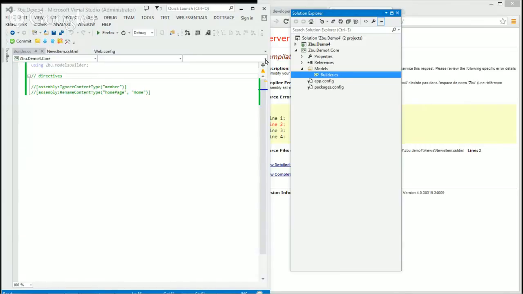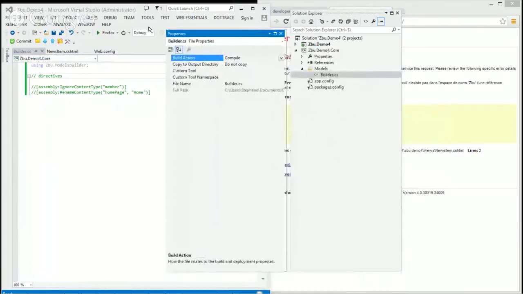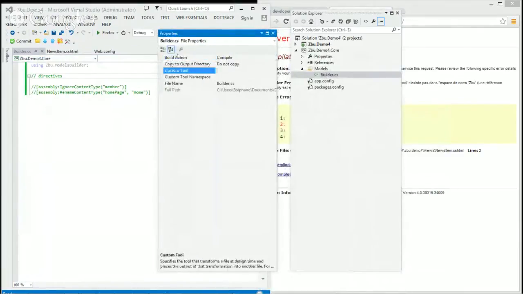It doesn't really matter. What's important is you go to edit the properties of the file. Okay. There it is. And this is a standard Visual Studio thing. You can see that you can set a custom tool, which is basically telling Visual Studio, when you save the file, run the tool. Okay. It's what Visual Studio uses to run the T4 templates, or when you have a .less file and it generates a .css file underneath, it's a custom tool, so it's used for a lot of things by Visual Studio. And I'm going to say that my custom tool is that one, the Models Builder custom tool, and I save the file.